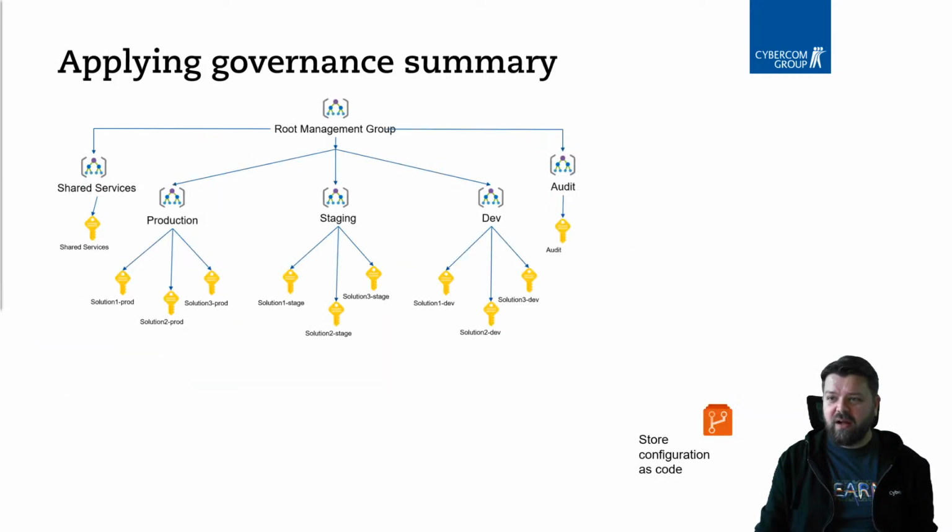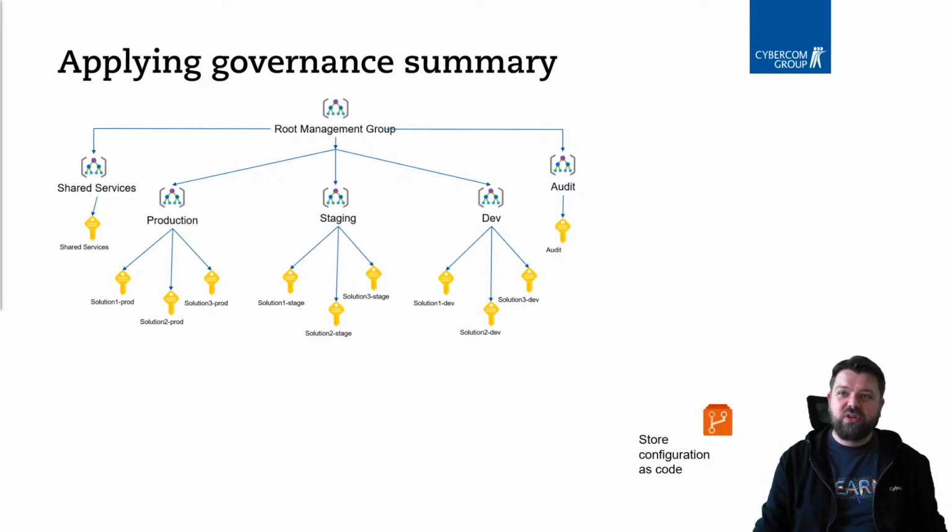So a summary on how to make this work for you in a real-world environment, and this is something we've been doing quite a lot. I have here on this side the configuration as code. So everything should be in Git. Let's start with that. Anything you do, any script, anything you have should be stored there. From there on, you can do whatever you want. You can use CLI, copy into your PowerShell script, whatever. But let's start with that.